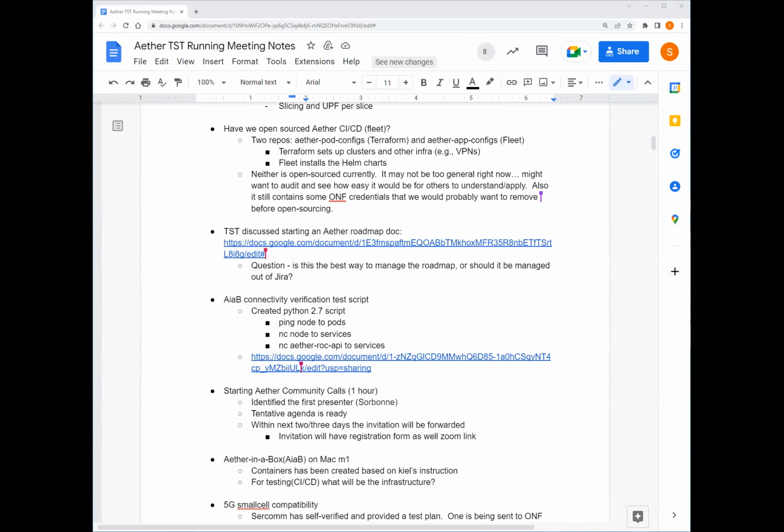There's two relevant repositories: Aether pod configs, which is Terraform configurations, and they're used to set up the cluster and the infrastructure, such as the VPNs and the routing between clusters. And then there's the Aether app configs, which is Fleet configs, and those are used to install the Helm charts. So they're not open sourced. You might want to audit them and just see how generally applicable they would be for the user community, to just pick up and understand and apply, and also maybe scrub some ONF credentials out of there before